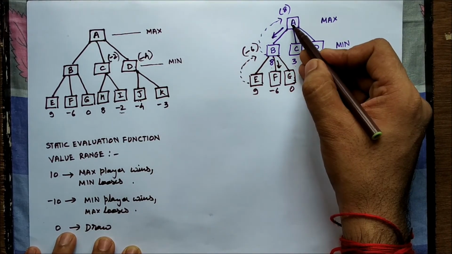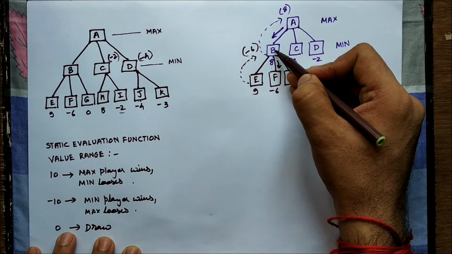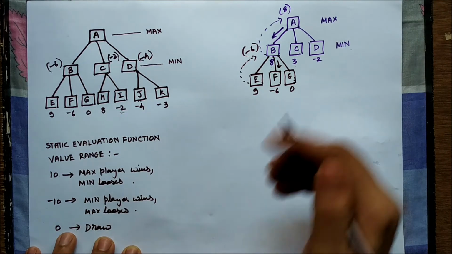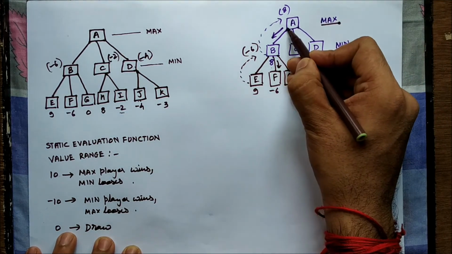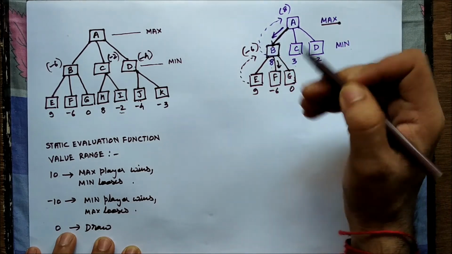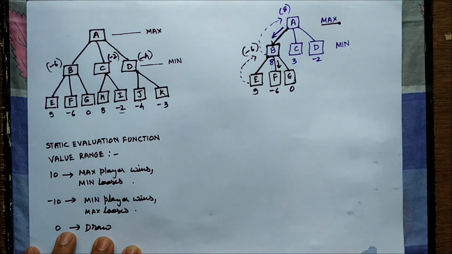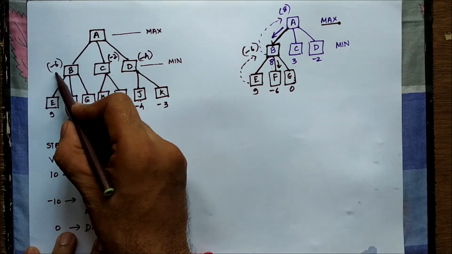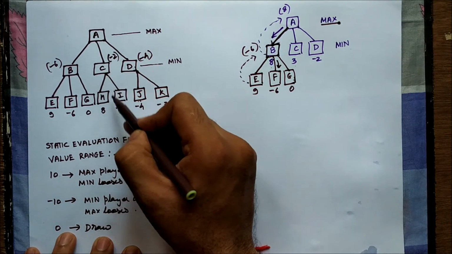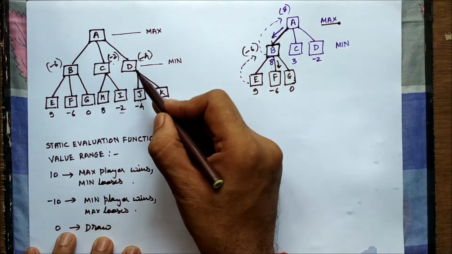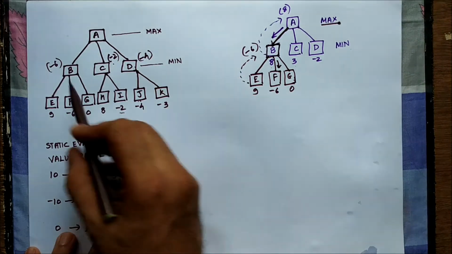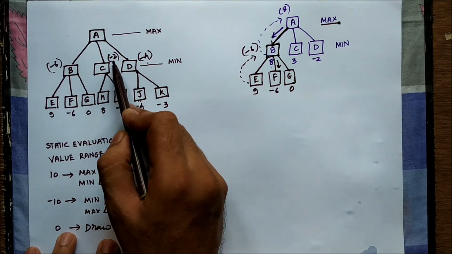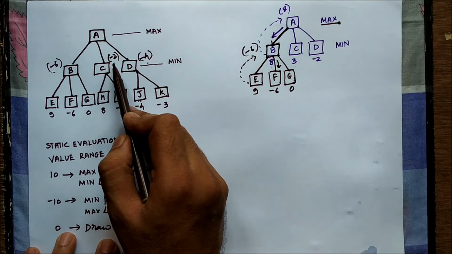Now that B is chosen and the value backed up here is -6, the max player definitely realizes that my decision of choosing B without foreseeing the further circumstances was wrong. By choosing B, the backup value I get at B is -6, but if I had chosen C, the backup value I get is -2. If I choose D, the backup value I get is -4. So out of -6, -2, -4, although all 3 are negative, still -2 is nearer to the positive value.